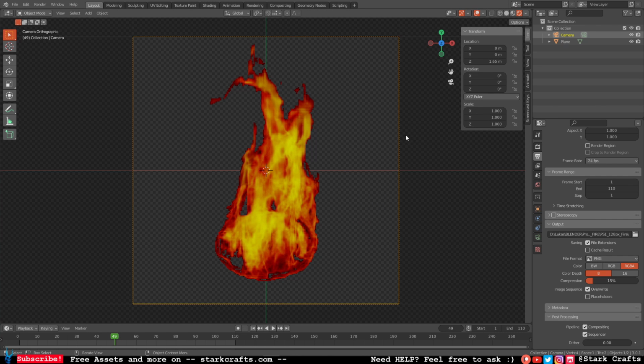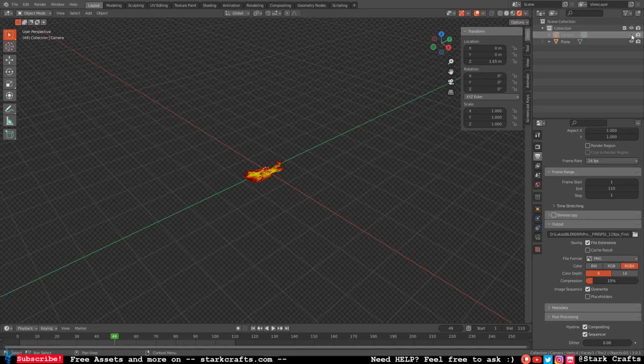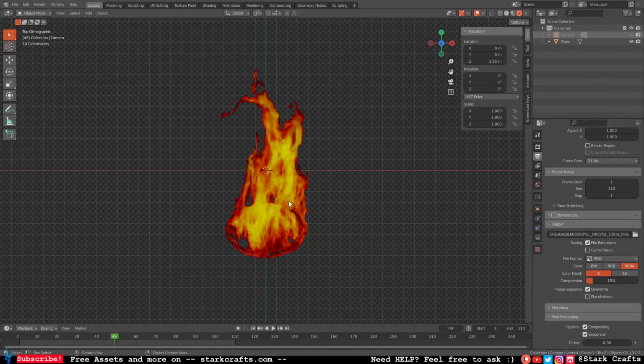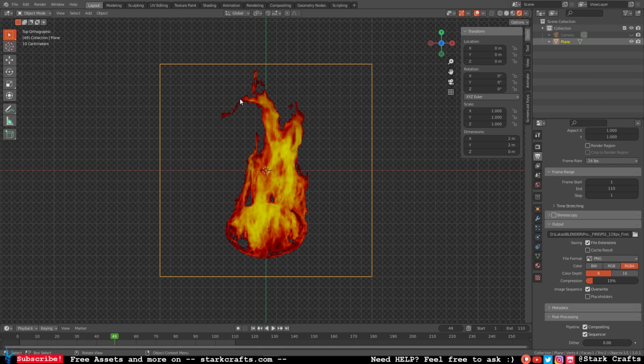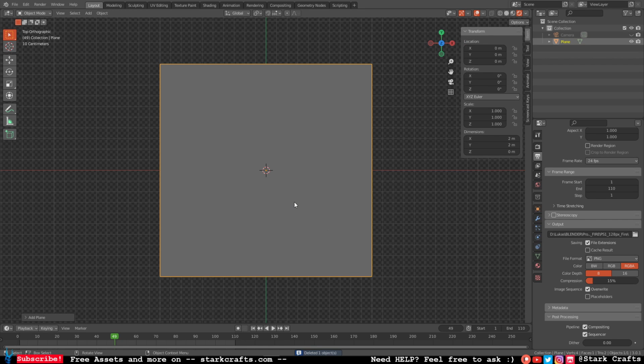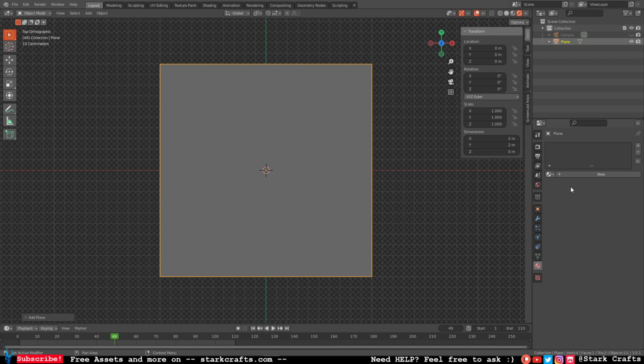So let's hide the camera. Go into the Z. Now, you know what? Let's use the same plane. Or for explaining reasons, get rid of that plane. Hit A, plane, new. So we attack it from a fresh start. We have a plane. We want to give it our 128 pixel animated texture. So hit new,